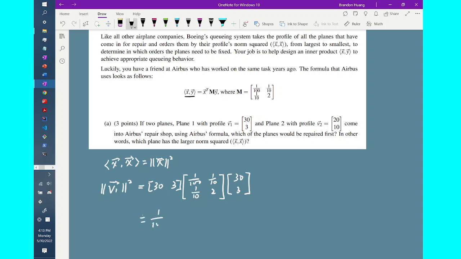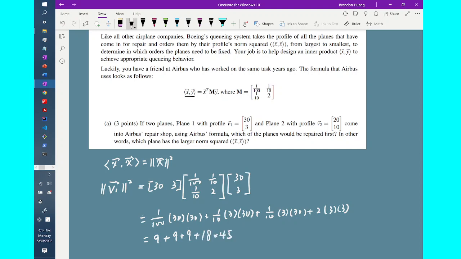So I have 100 times 30 times 30 plus 1/10 times 3 times 30 plus 1/10 times 3 times 30 plus 2 times 3 times 3. And in the end, this is about equal to 9 plus 9 plus 9 plus 18, which is equal to